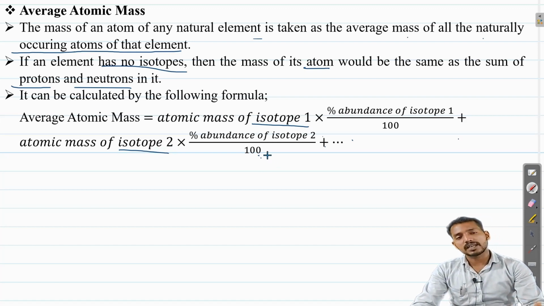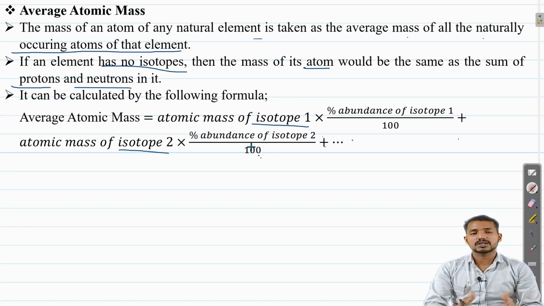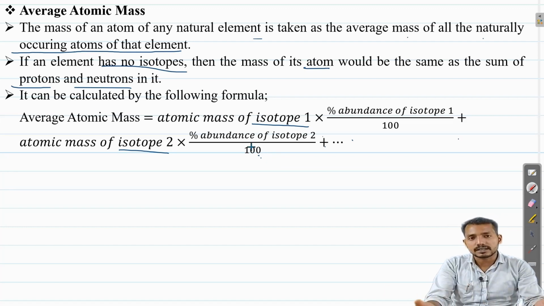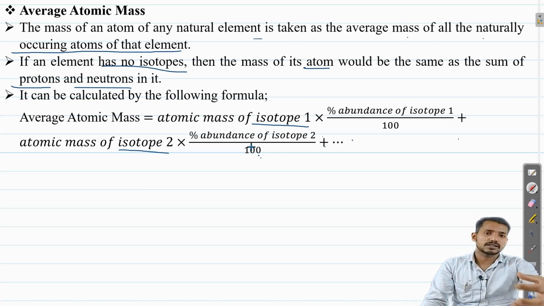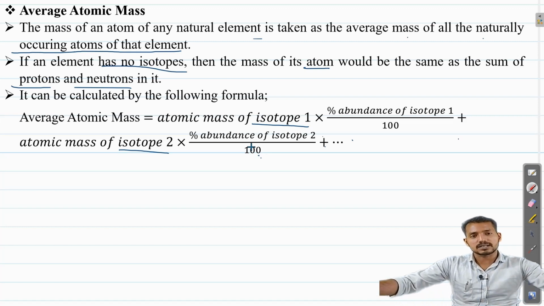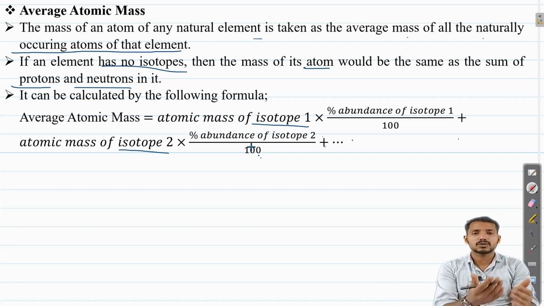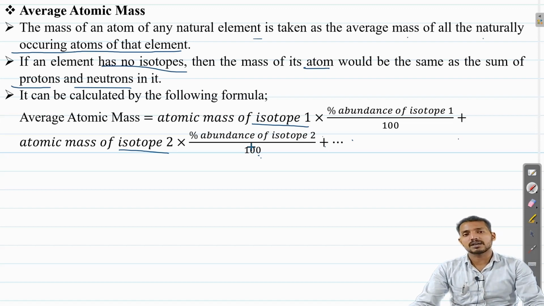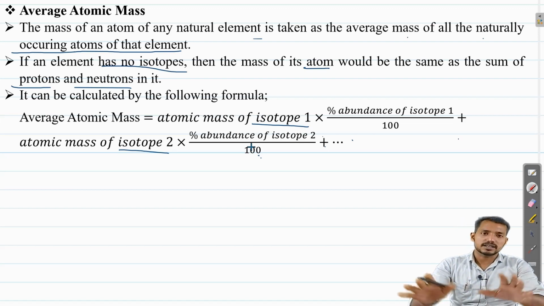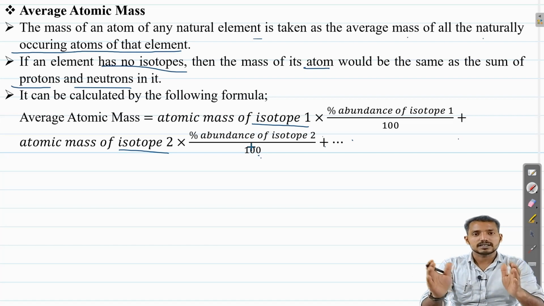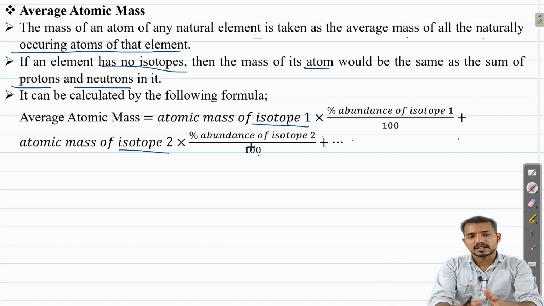Clear? But there are some elements, especially hydrogen. If you take a sample of hydrogen from naturally around us, it may not contain the isotopes of hydrogen in large quantity. They will be present only in certain areas. Clear? So in that case, we are not going to calculate for hydrogen. But for some elements, wherever we take the sample from, it consists of all its isotopes in a significant amount. So in that case, we need to calculate the average atomic mass. Clear? Okay. So let's discuss some questions on how to calculate the average atomic mass.